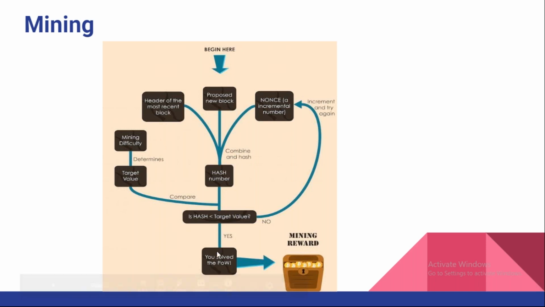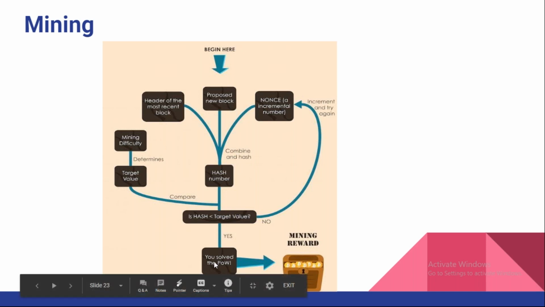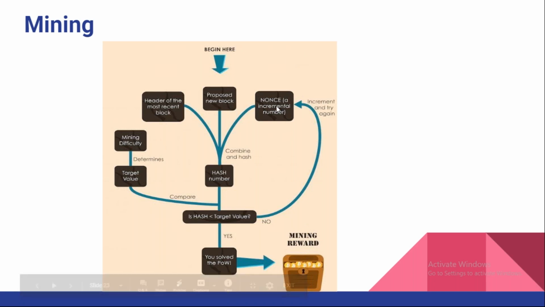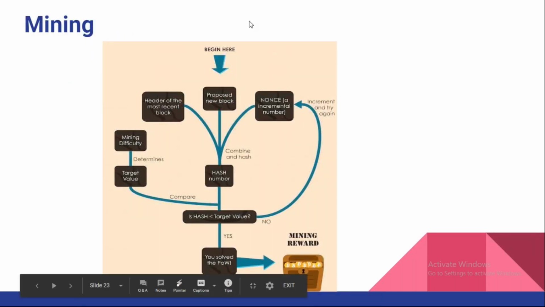If it is okay, that means the mining is completed, you have solved the proof of work, and the block will be mined. Otherwise, the nonce will be increased again. This is how the hashes are generated. If the number of hashes generated is higher, there is a possibility of getting the mining done very fast. So if you have more resources, this process will definitely be very fast.